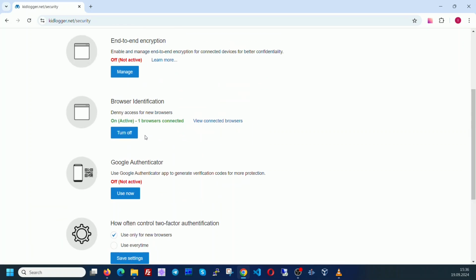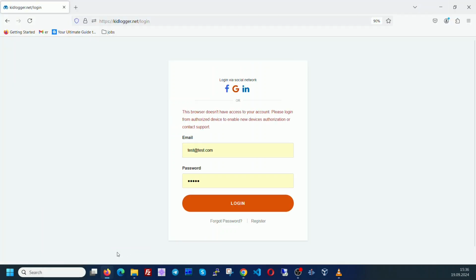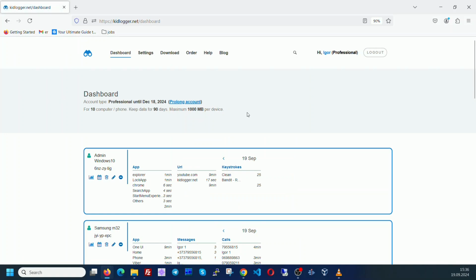Let's disable the block on logging in from other browsers and check the login with Mozilla Firefox. As we can see, the login works.